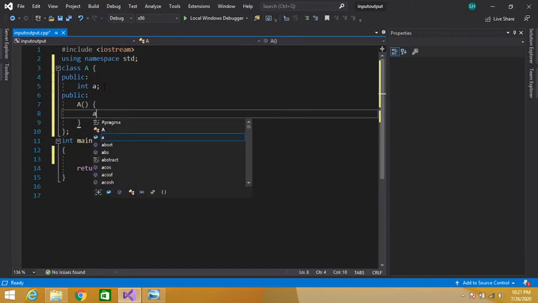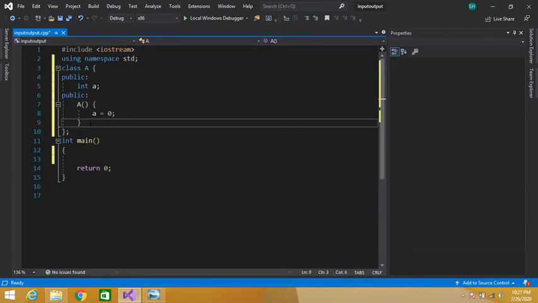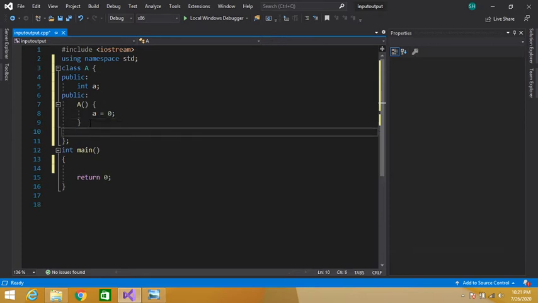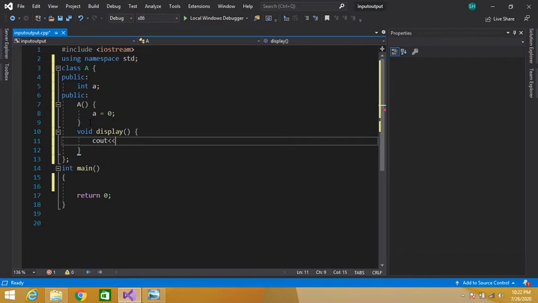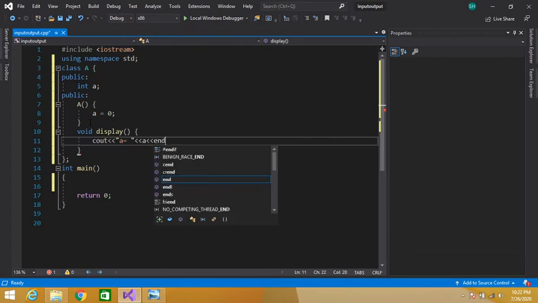Let's initialize a is equal to 0, and then let's create a function void display, which will cout a is equal to, and display our a data member with endl.